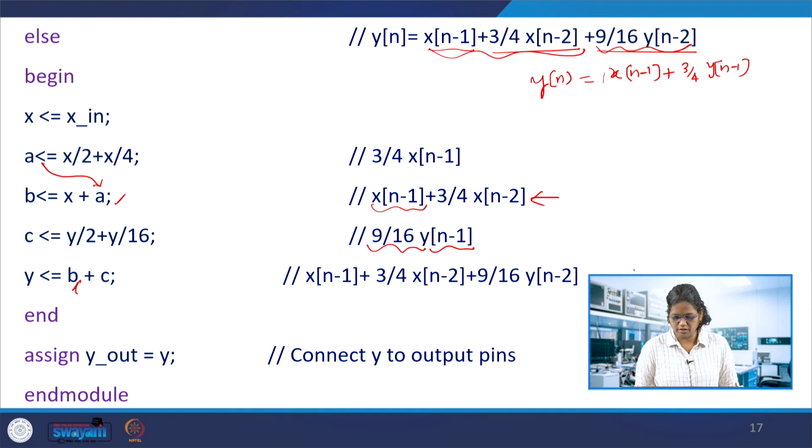So if you have y of n minus 3, you will be adding one more line extra, so these lines will be more and more, depending on the number of delays used. That's obviously the flip flops, D flip flops, it is going to be using. So with this, we have